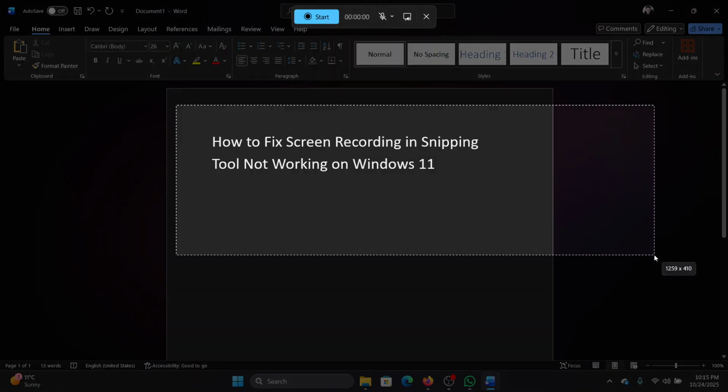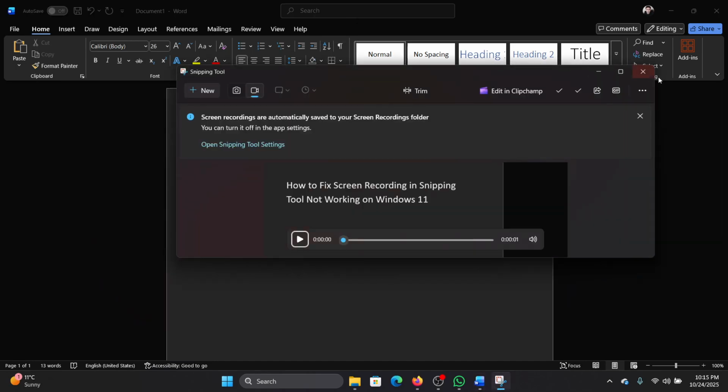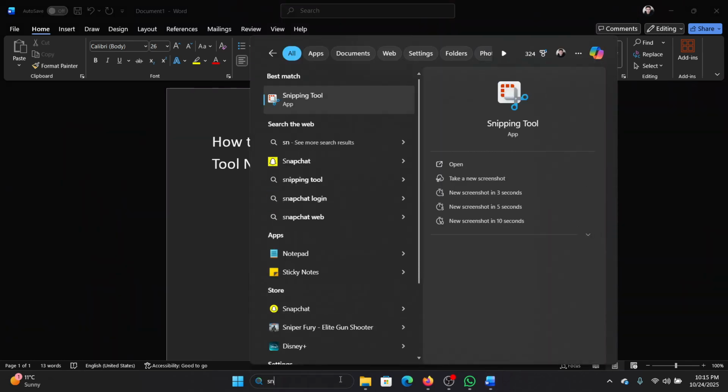Okay. Select this part which you wish to record. Click on Start. Give it access. It will start in 3 seconds. Once the recording is completed, click on this symbol here. So this is how the recording works, and if it doesn't work, then search for sniping tool in the Windows